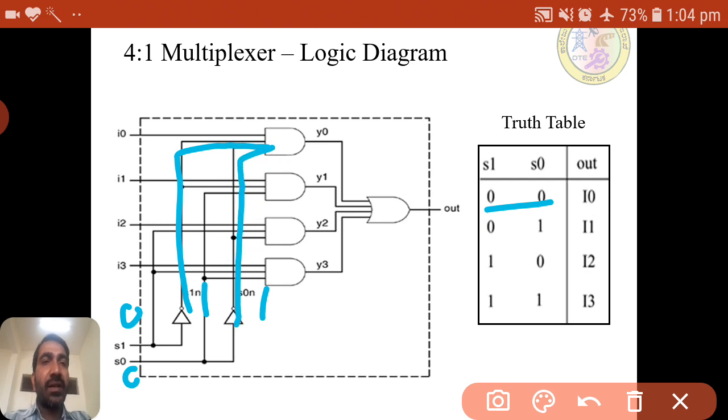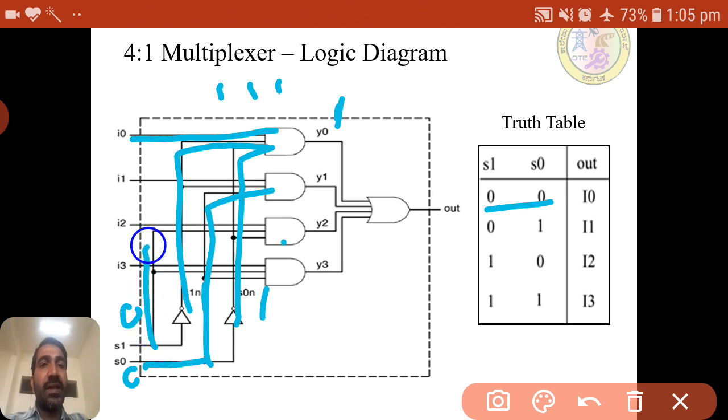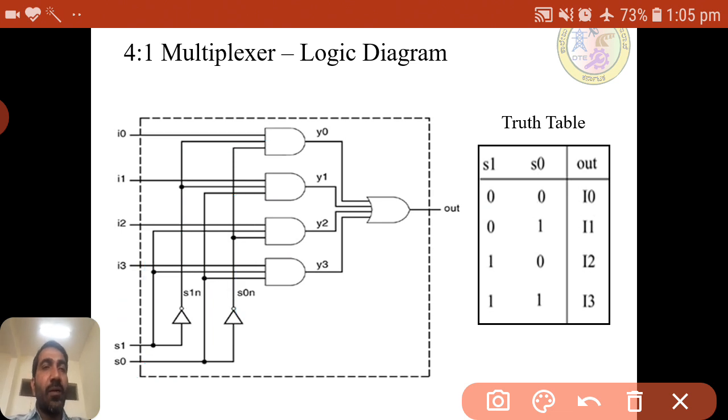And here the same thing is connected to the first gate, and I0 is connected. For the AND gate, when all the inputs are 1, 1, 1, the output is 1 here. If you take the other gates, that is directly connected here, that is 0. And for this gate, it is NOT, but here it is directly connected, that is 0. And for the third gate, again it is directly connected, so as these two values are 0, the other outputs will be 0, and this will become 1.